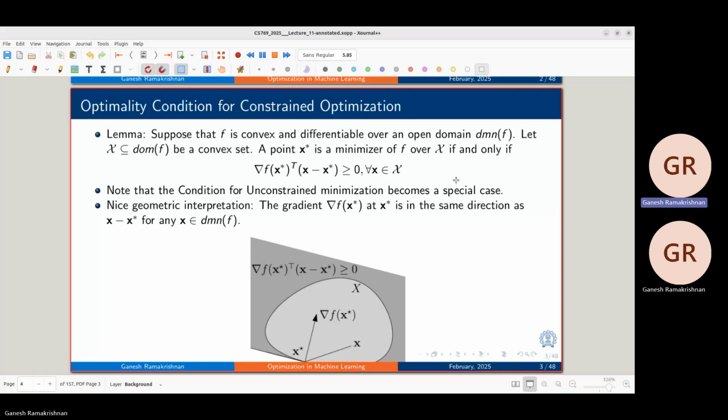This is the domain, in the sense of the constrained region. Is this clear? So this looks appealing as a necessary condition. In fact, sufficiency is very easy to prove. But I hope this is making sense. Necessity under constrained conditions. In fact, I'll say sufficiency and necessity is that this gradient makes an acute angle with respect to